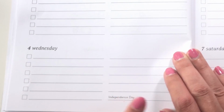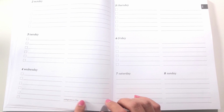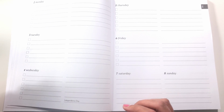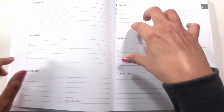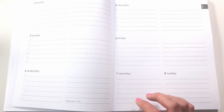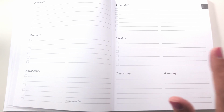It looks like the holidays are marked on the day, which kind of sucks because there's not a lot of extra space in the holiday. You might have to write over that if you need the extra space. There's no lines dividing the days. The days are just made up of these lines, which can be a good or a bad thing depending on what your tastes are. The weekends only get 6 lines each instead of both, which most of you guys know